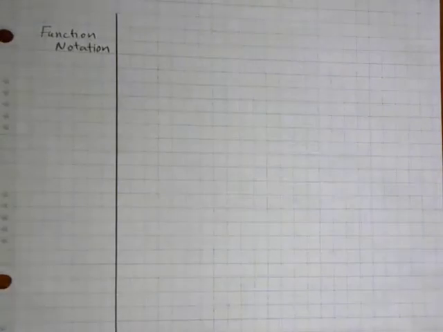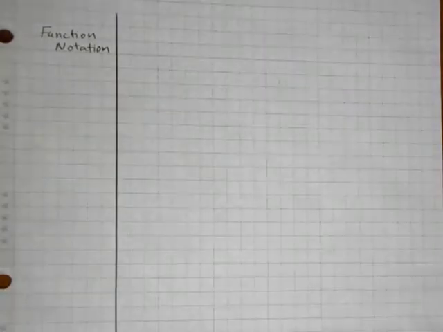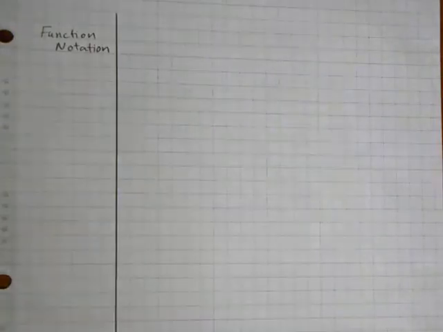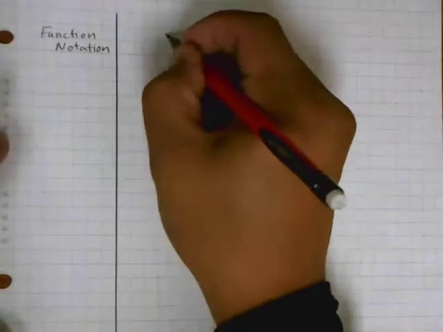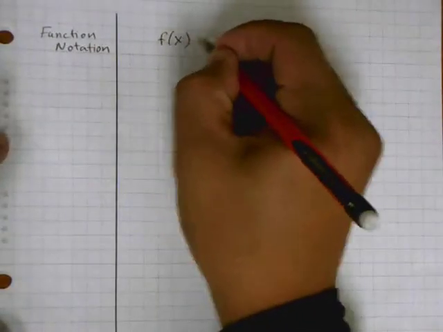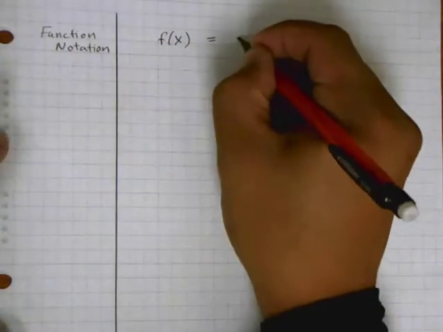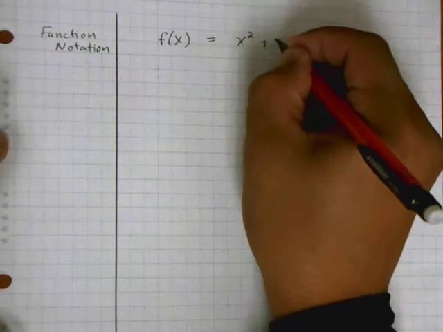Okay, so we're going to review a little bit on function notation. Now, the next step from here is to decide whether a function is even or odd and looking at symmetry of functions. But first, we're going to review a little bit of function notation just so we're all on the same page. Okay, so if I have a function, f of x equals x squared plus 5,